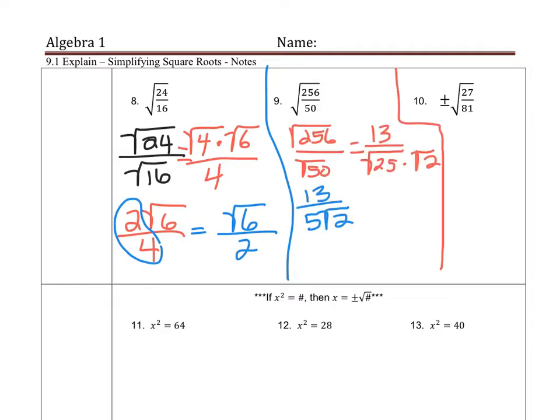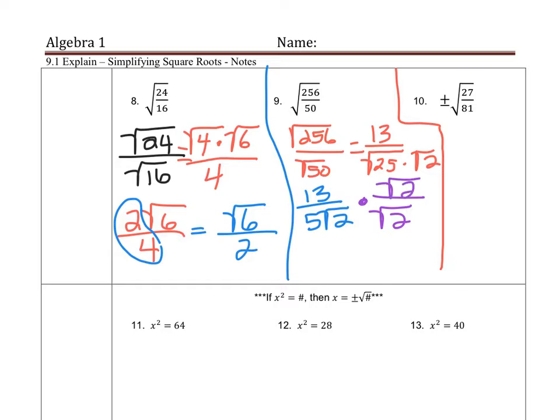Okay, so 256 was a perfect square, and then on the bottom I could make it 25 times 2. So I got it down to 13 over 5 times the square root of 2. But like I told you, we cannot have a radical in the denominator. So what we do at this point is we have to get rid of the radical in the bottom. And the way that we're going to do that is we are going to multiply